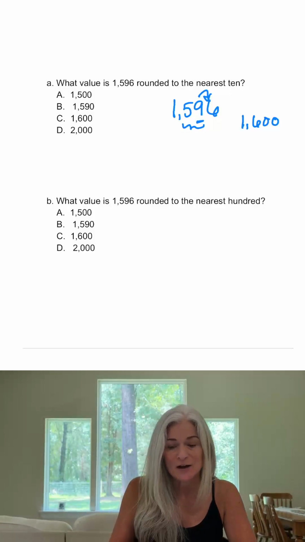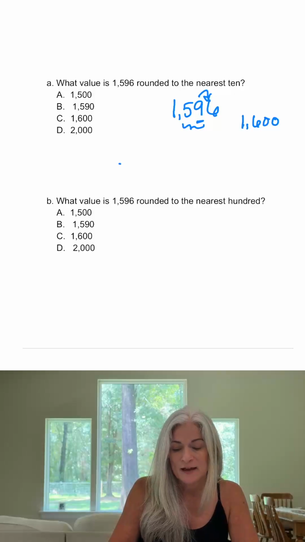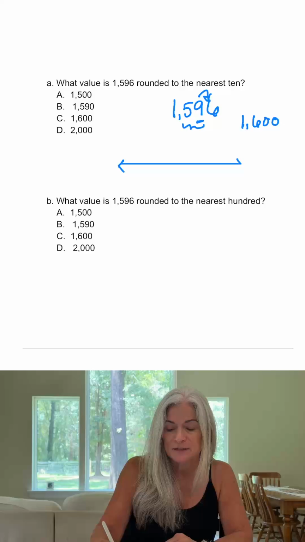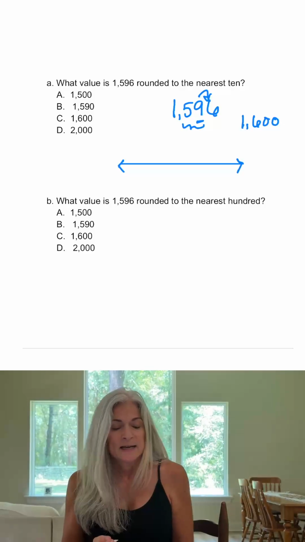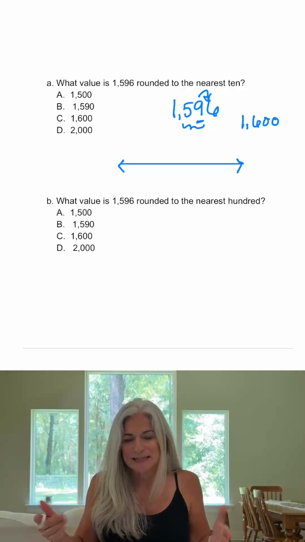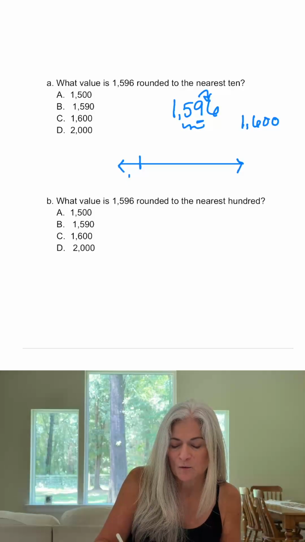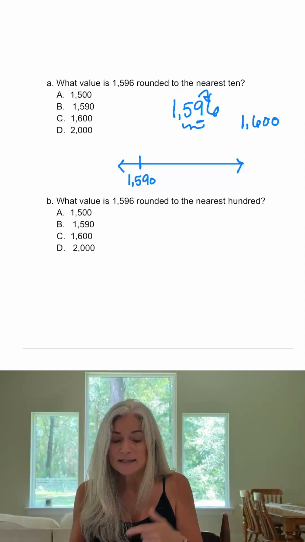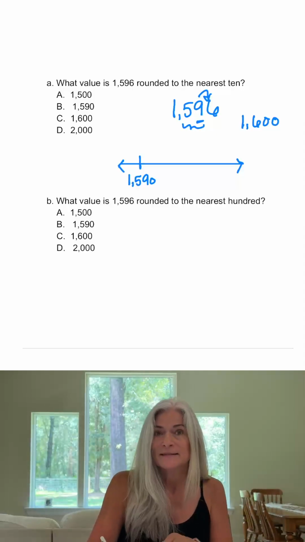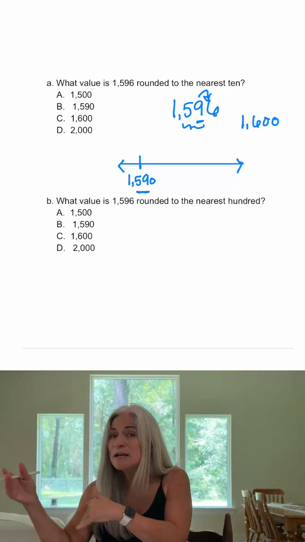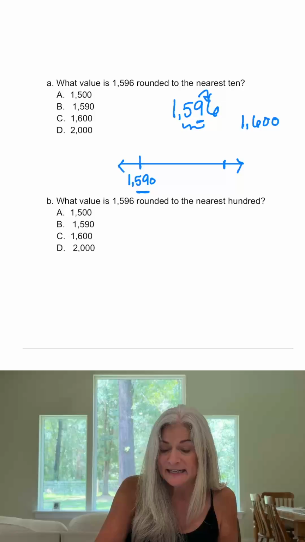Now, another way that you can do this is we can look at what two tens this number is in between on a number line. Okay, so if I have a number line here, let's put some arrows on it. What two tens is 1,596 in between? Well, it's in between 1,590, that would be the 10 below it, and the 10 above it. Here we have 59 tens, so the 10 above that would have 60 tens, so